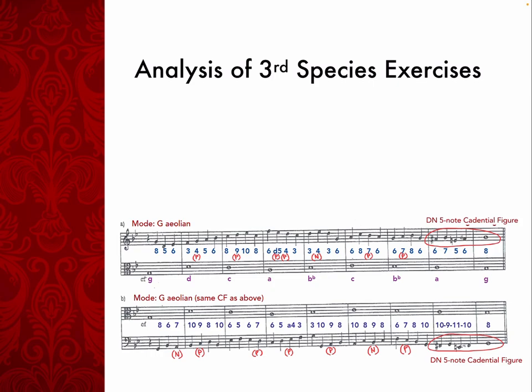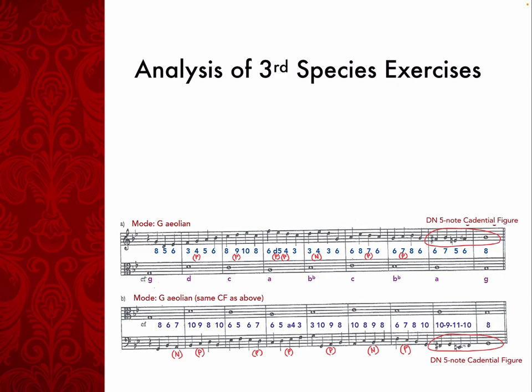Let's keep going. 6, 5, 6, 7, 6, 5, augmented fourth, third, 3, 10, 9, 8, 10, 8, 9, 8, 6, 7, 8, 10, 10, 9, 11, 10, and 8. Okay, now we analyze our data, and you're looking for the dissonant intervals, the 2s, the 4s, the